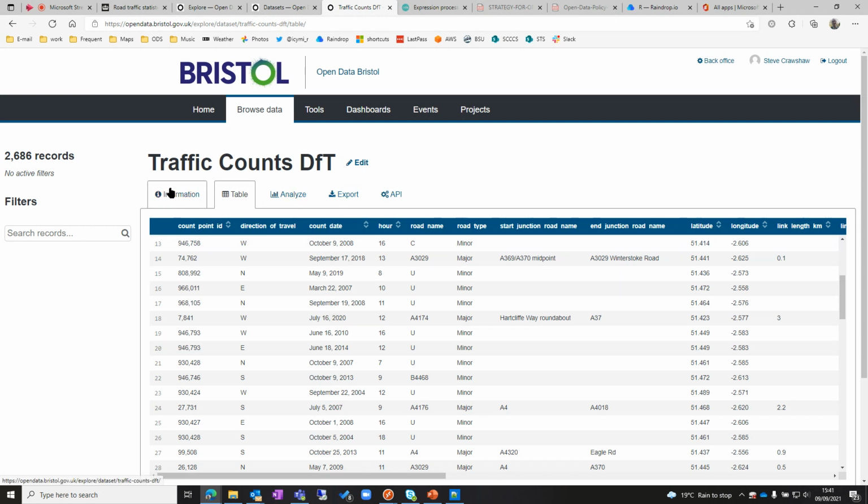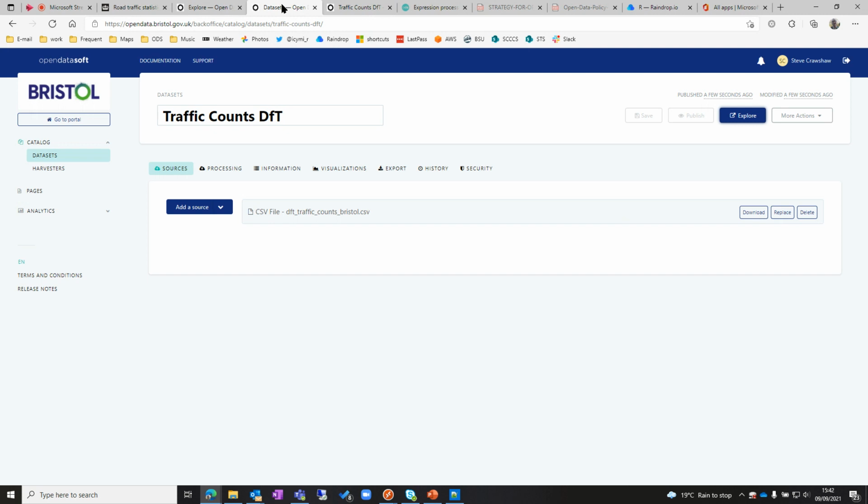We've got a bit more work to do on it because we need to do some processing, particularly to set up filters and to set up the geographical data so that we can have a